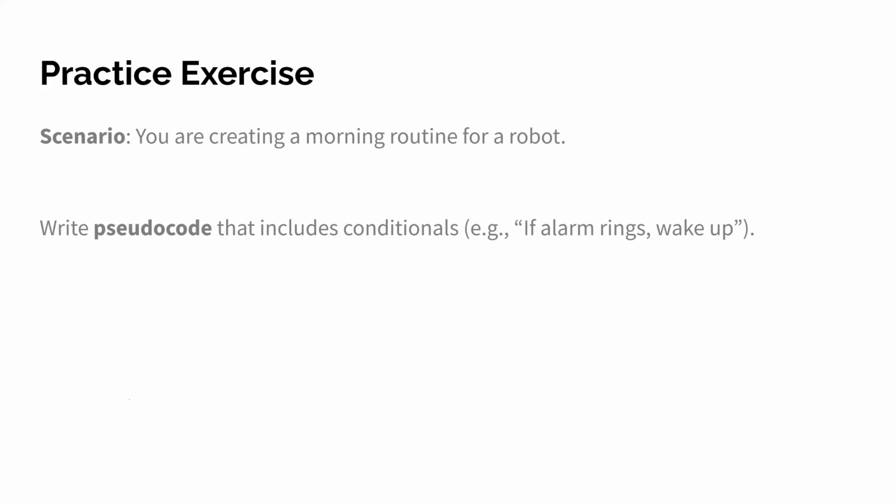Okay, for the morning routine, we can start by saying: if alarm rings, wake up, else stay asleep. So the robot will stay asleep if the alarm doesn't ring. Now we start with a for loop after that, and we need to make, for instance, 3 meals a day. So we open the for loop, for 3 times. So I want to do the iteration 3 times. And inside the loop, I ask the hour. If hour is 12, make meal. After that, if hour is